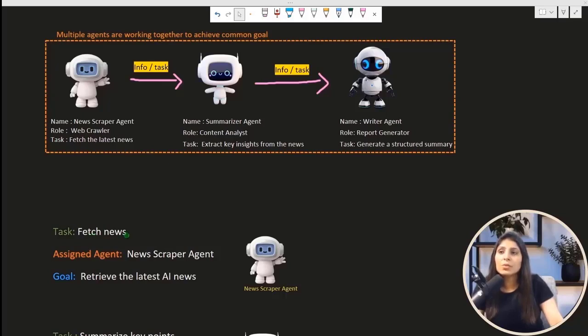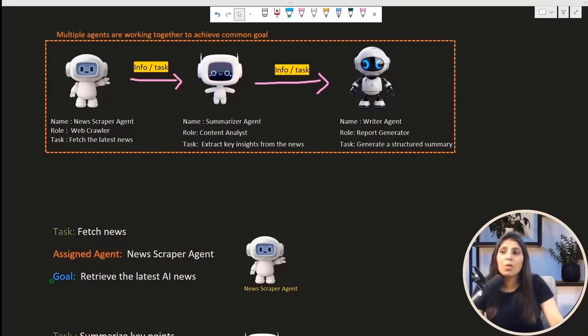To fetch the news, this task should be assigned to the news scraper agent. We have 3 agents over here. Out of these 3 agents, which agent can perform the task of fetching news? News scraper agent, right? And the goal is to retrieve the latest news.